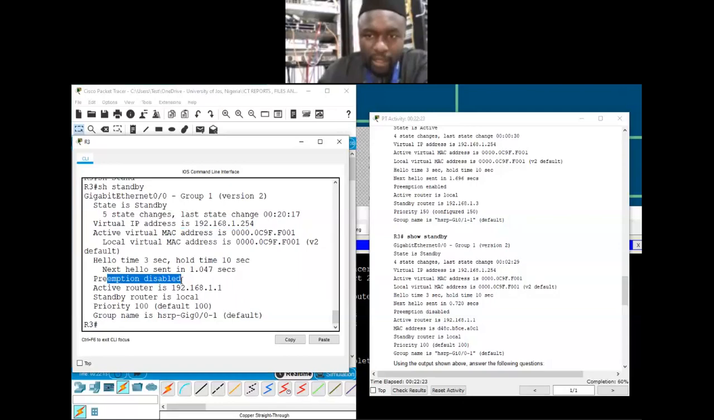Were we asked to enable it? I don't think so. Okay, we'll check the instructions first. Maybe we have to enable. Then this is the active router 1.1. That is router 1. Okay, and then this router is standby with a priority of what? 100. Okay,